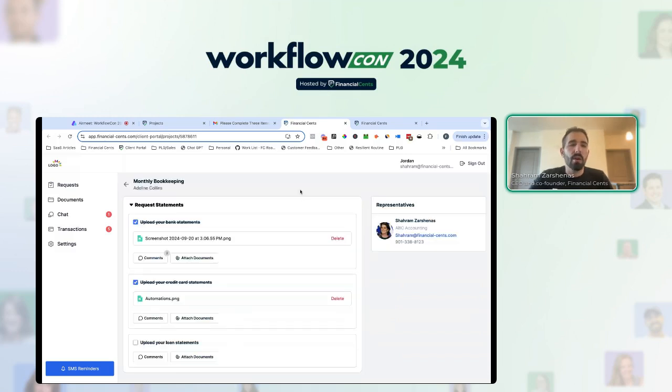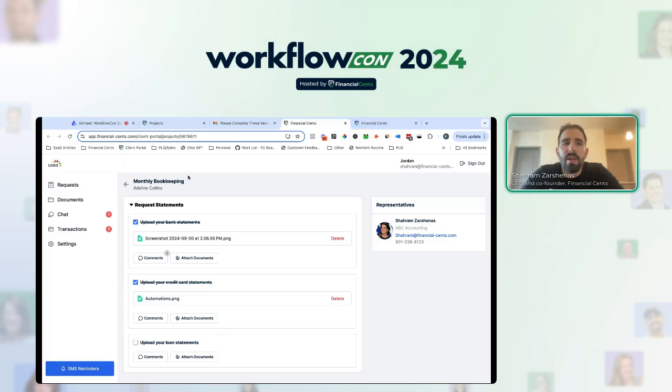Now, if they weren't already logged in, what happens is they type in their email and it sends them a verification code and they can access it through secure Magic Link technology. This keeps everything secure and safe so you can share sensitive information in the portal, but it prevents them from having to create the username and password, which they always forget. It makes it more client friendly, which is important because if your clients can easily access the information in the portal, they're going to respond to your requests. They're going to send you the documents faster and do everything else you need them to do faster.